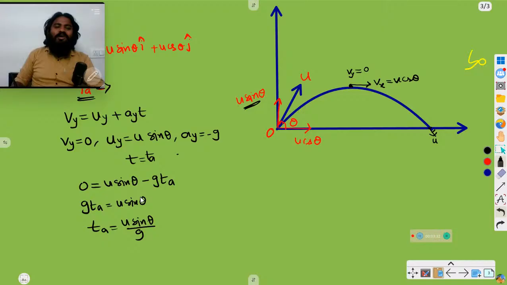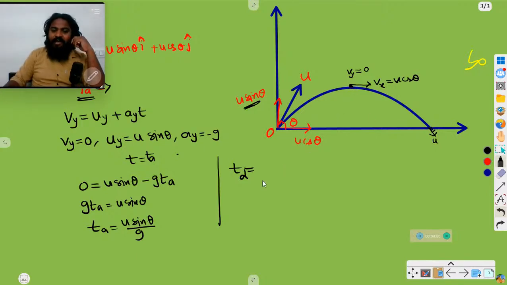Okay, this is the formula for time of ascent. This is how you have to derive it. You don't need to remember the formulas. If you know the process of how to derive, then you can do it very easily. Directly you can solve the problem, right? And next, coming to the time of descent, we know very well time of ascent will be equal to time of descent. How much time does it take to reach the maximum height from the point of projection? The same amount of time it will take to come from the maximum height to